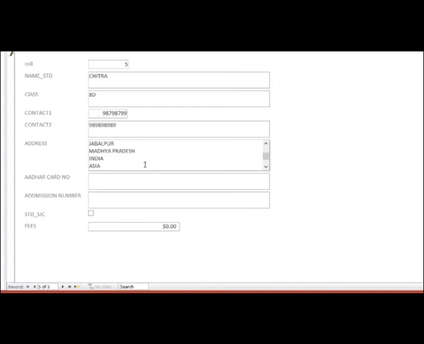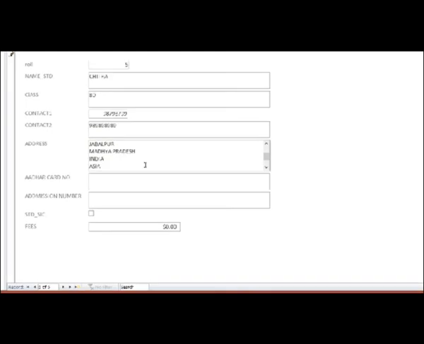If you want to type a lot of characters, more than 255, this is why we have taken address as long text. You can type as much text as you want, because this is the long text data type which allows the user to type text with multiple lines.